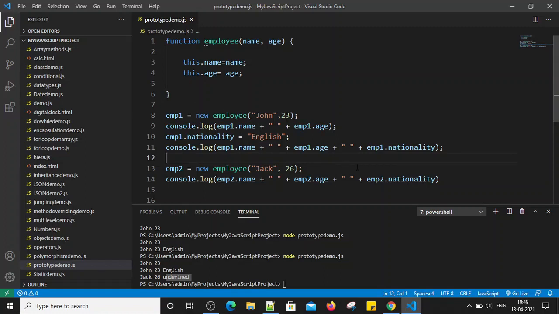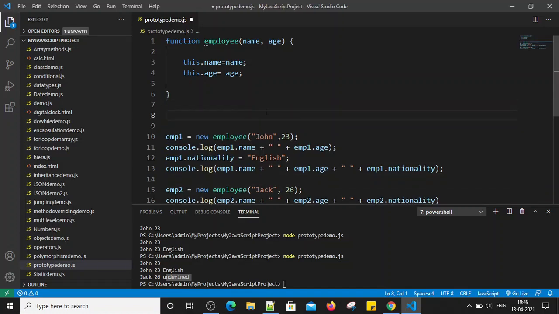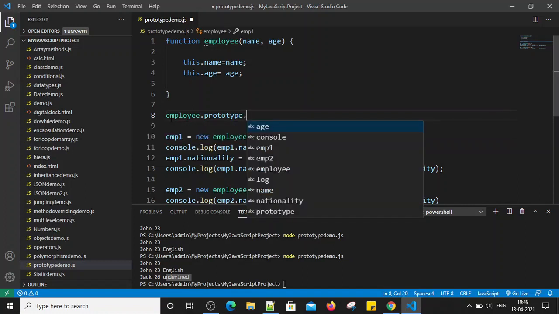So to do that we have to add one statement, that is the function name, that is employee.prototype, and we have to give the property name which we want to add.